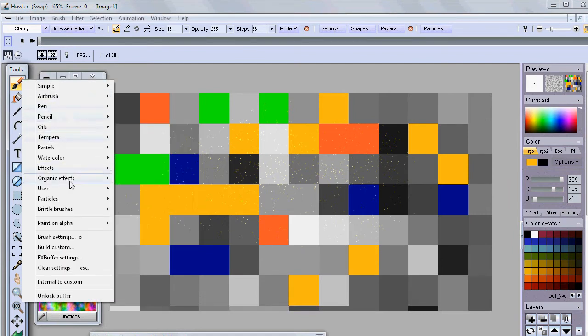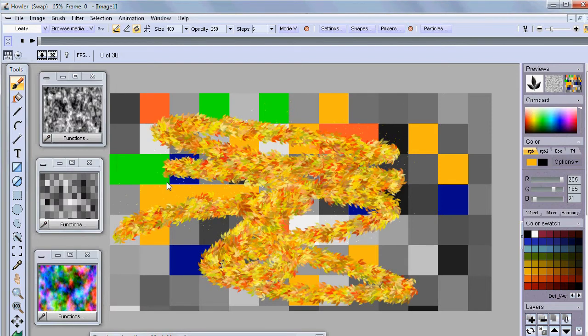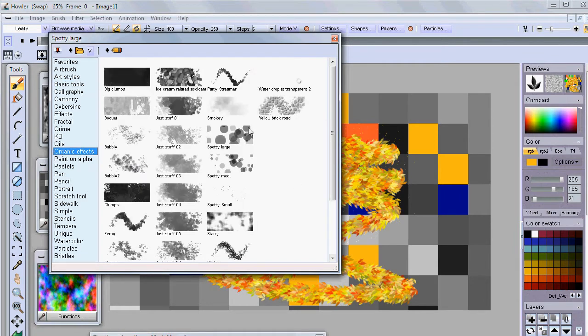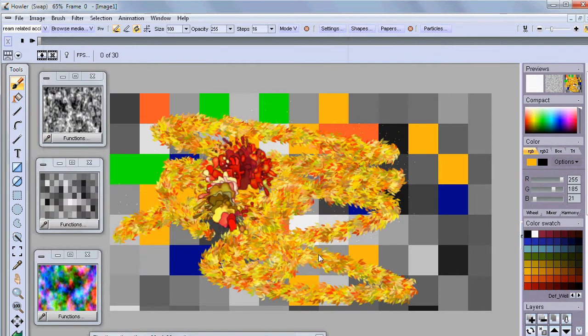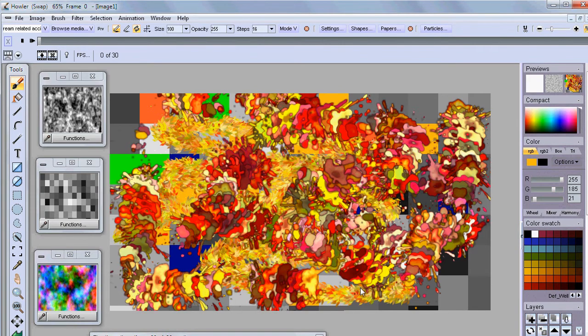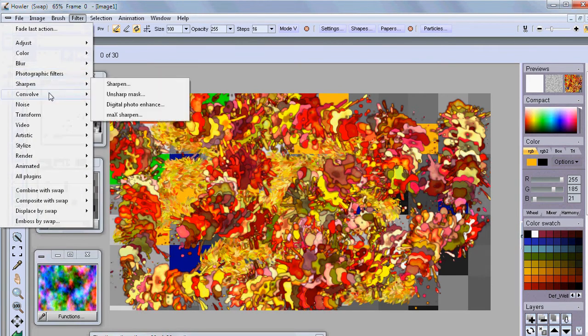Let's go and select, I don't know, organic effects, some leaves, put some leaves of flowers. There you go. Let's go take the flowers. Where's my organic? There you go. And where's my flowers? Okay, so it's not flowers, something else. But at any rate, I can take this and some sort of a mix of colors, and then use the